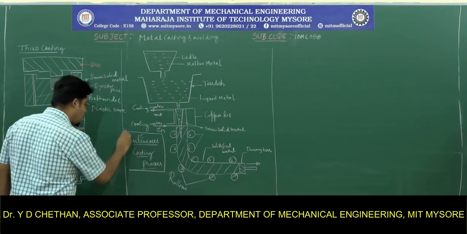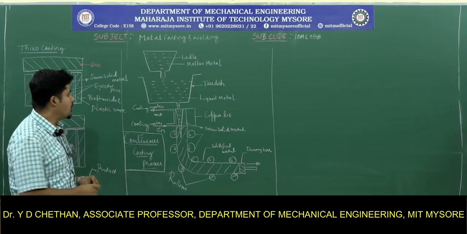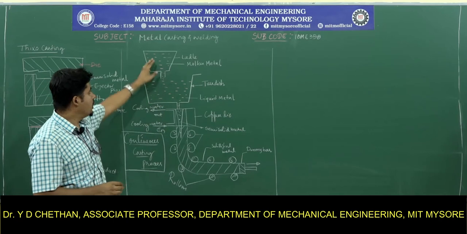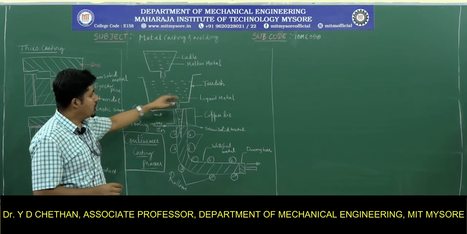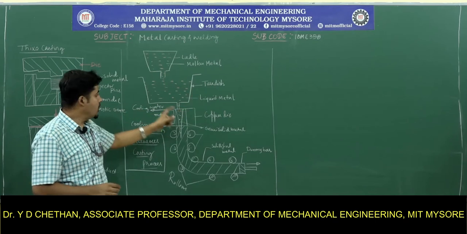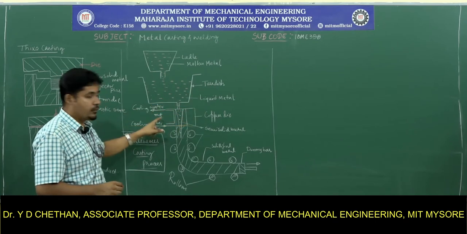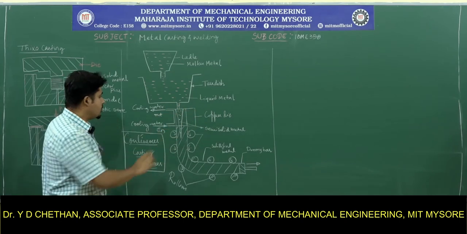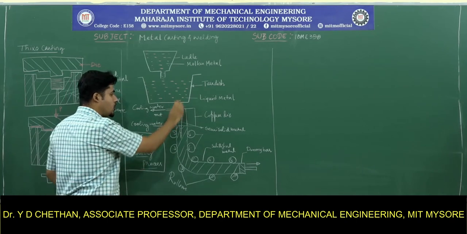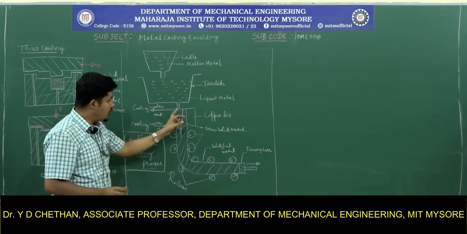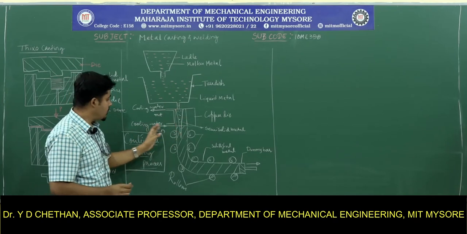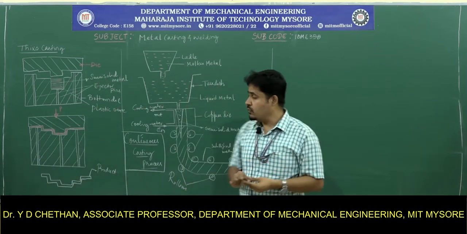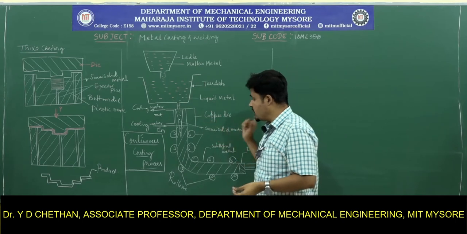Let us see how this process actually works. If you pour the molten metal taken from the furnace, it passes through the tundish, where the molten metal is transferred as liquid metal into the copper die, or graphite die, or brass die, which is basically a permanent die. The molten metal getting into the die comes in contact with the water being passed through these channels. So the solidification begins, changing the phase from liquid to semi-solid.